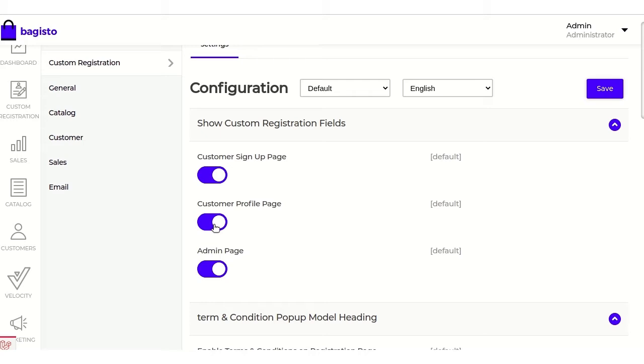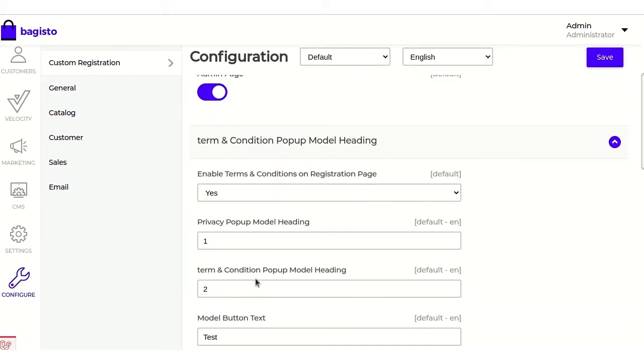When they go into their profile page, they can see a tab that is additional information, and from there they can gather the details that they have filled during the sign up. Also, there's an option that is admin page. Admin can also visit the customer detail by logging into the back office, and they can go into the customer tab, and from there they can find the details.